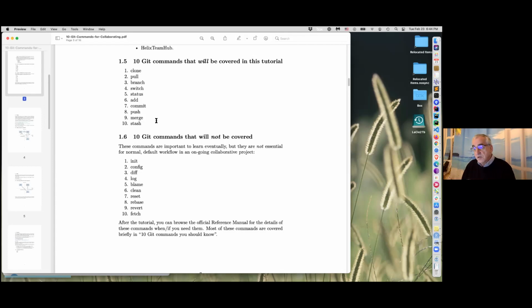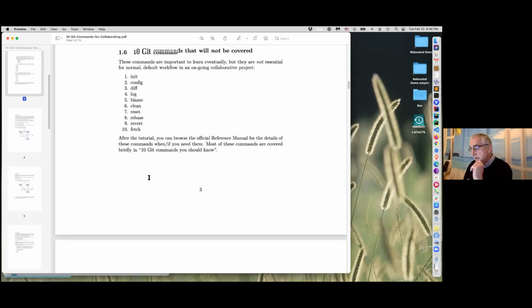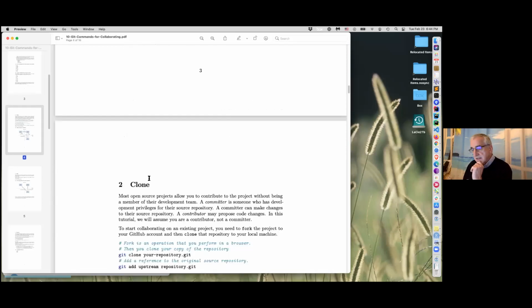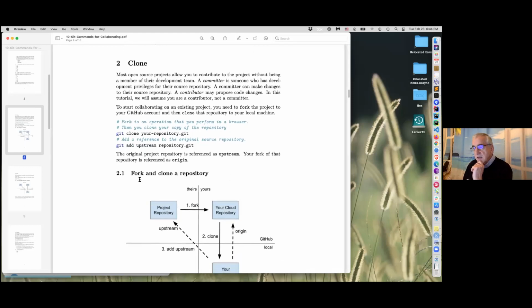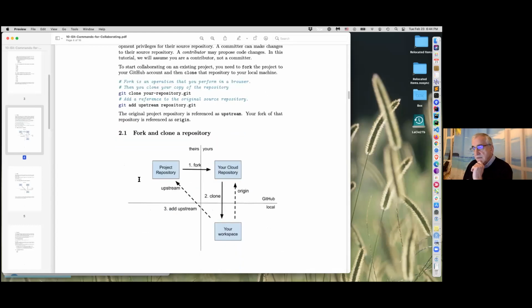There's a bunch of these; these 10 are the first ones, and the next 10 you should learn after you've learned these. Some of them are trivial, like init, that's what you do to start your thing. Diff is what you do to look and see what the differences are. Anyway, we'll come back to that later. So the first thing you do is,